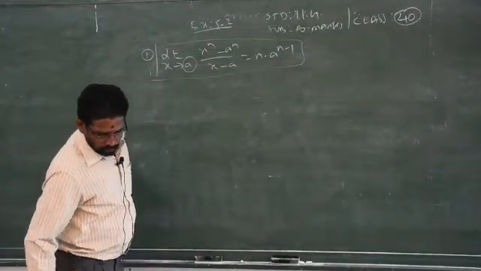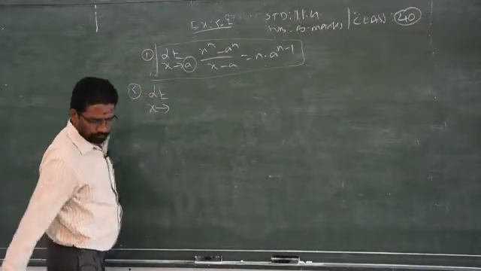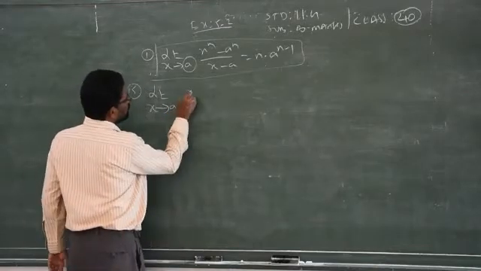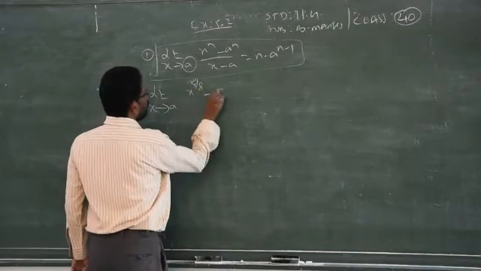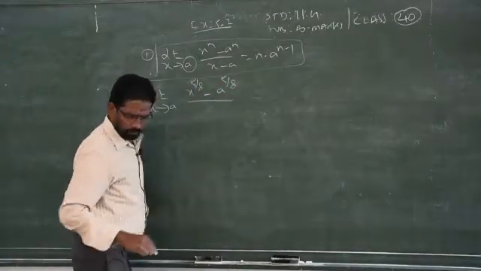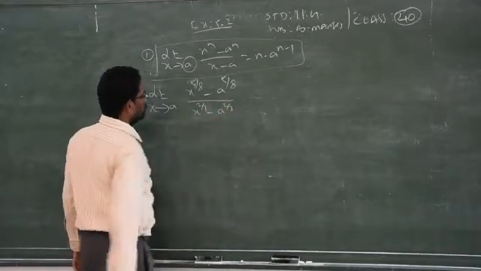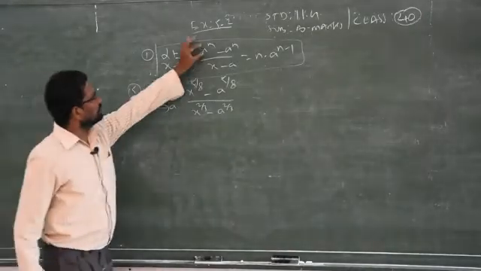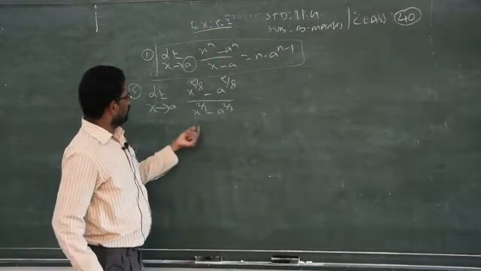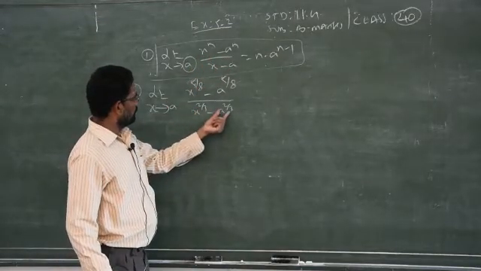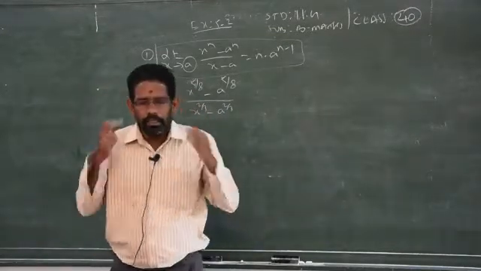So be careful. Based on the concept, we will now see sum number 5: limit x goes to a, (x power 5 by 8 minus a power 5 by 8) by (x power 2 by 3 minus a power 2 by 3). Sir, how do you proceed? In the formula, x power n, a power n, the denominator has x and a without any power, but here x has power 2 by 3 and a has 2 by 3. So how do you apply that formula? There you have to use your little IQ.